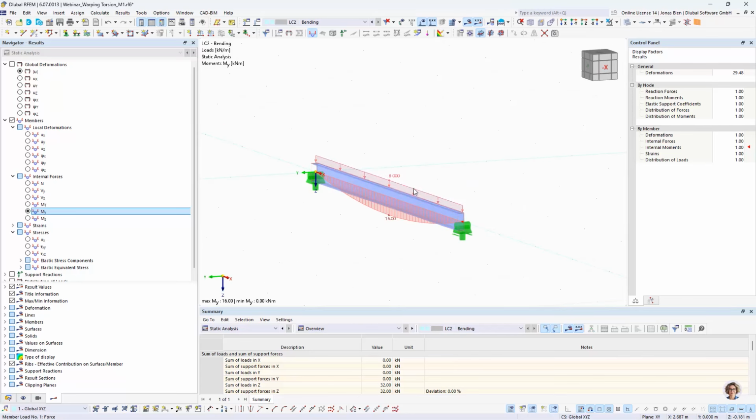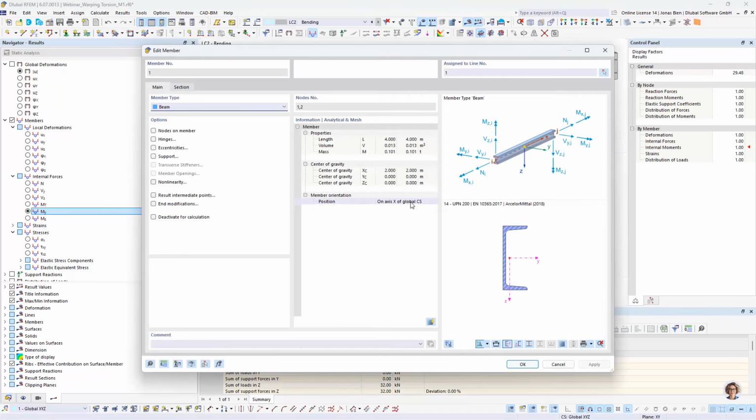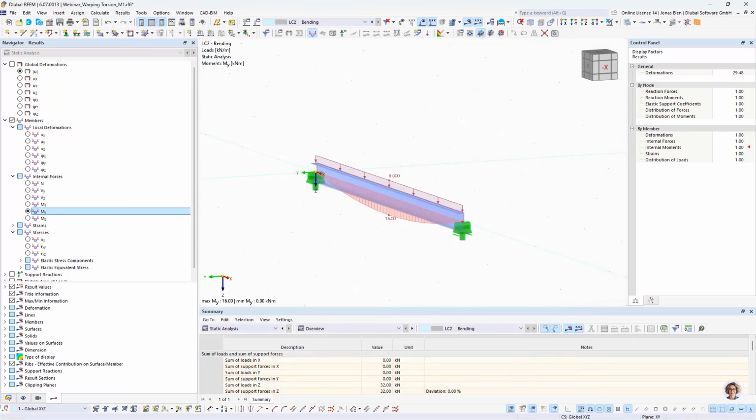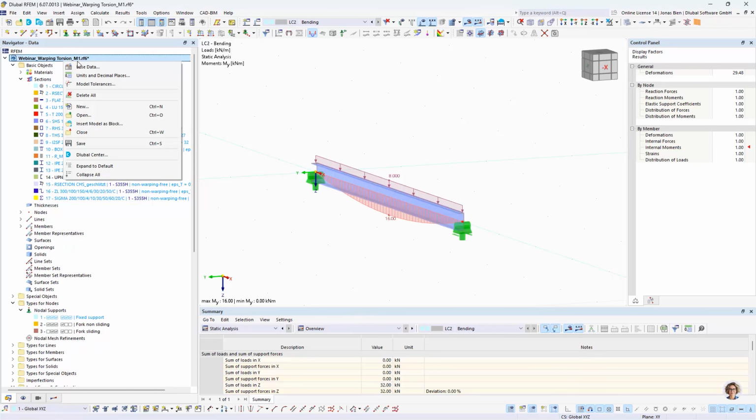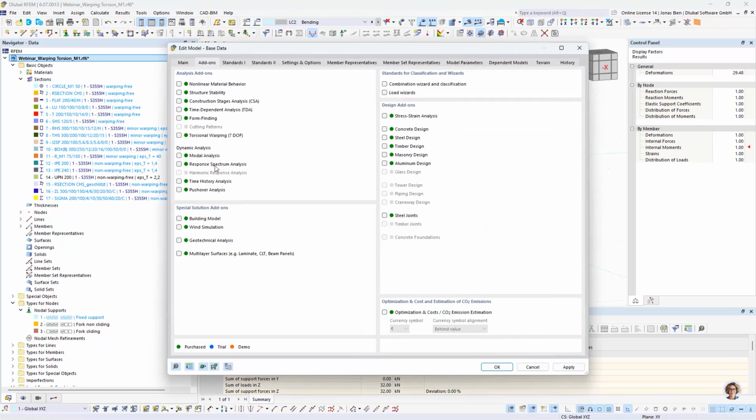This is because transversal loads are usually by default, maybe you have never thought of this, applied in the shear center. So there's no eccentricity or lever arm of the vertical load to the shear center. However, if we now activate the warping torsion add-on, this default behavior changes,